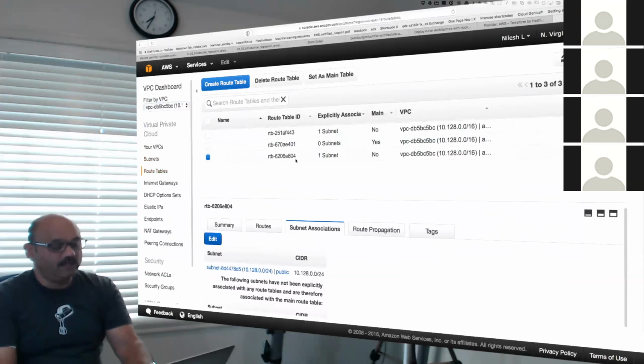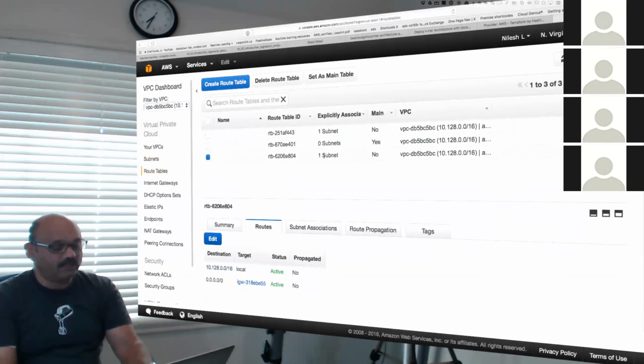Let us see the routing for the public subnet. The route goes to anywhere on the internet through the gateway, which is nice because this is the public routing table. The other routing table is going through to the internet, but going through a NAT device.